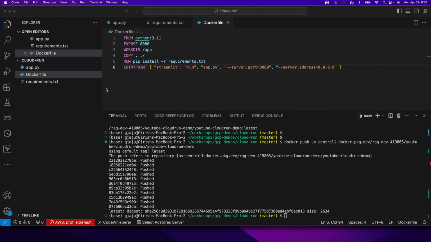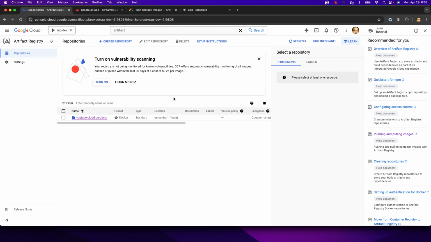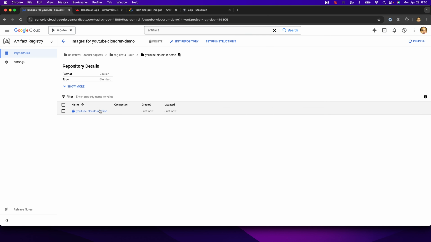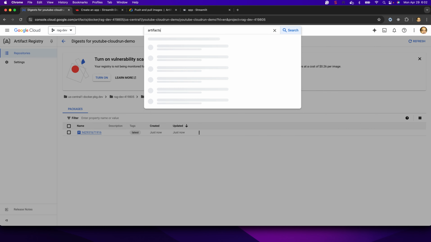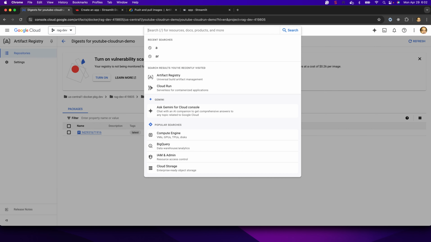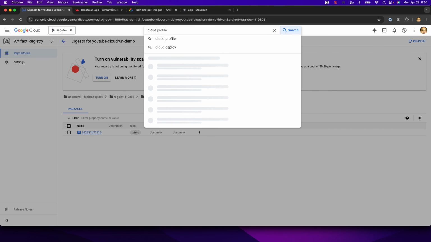Okay, it took about 4 minutes, but my image is finally pushed, so we can go and check this in the Artifact Registry. So I'm here in the Artifact Registry. This is my repo. Let's go in, and you can see that my YouTube Cloud Run Demo image is pushed. Okay, so let's go to Cloud Run and then use this image to create a Cloud Run